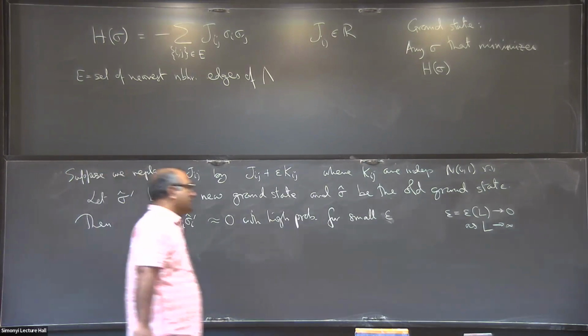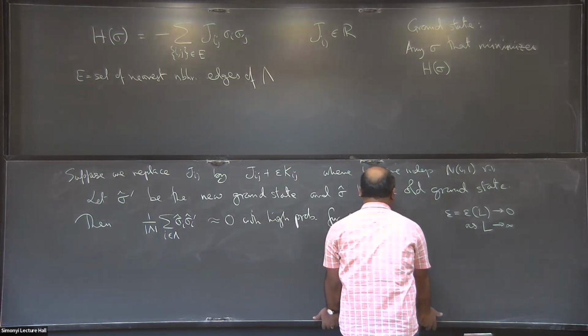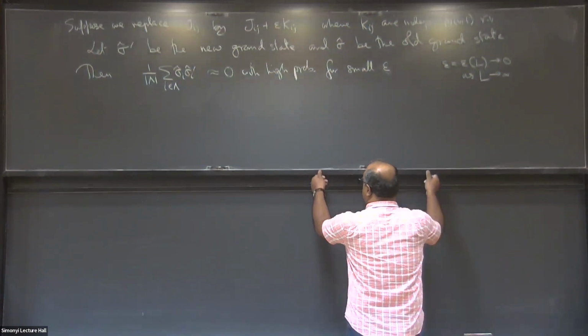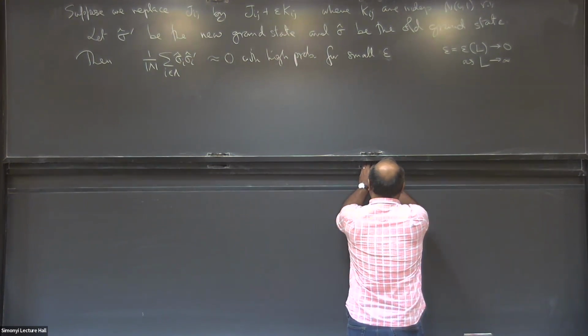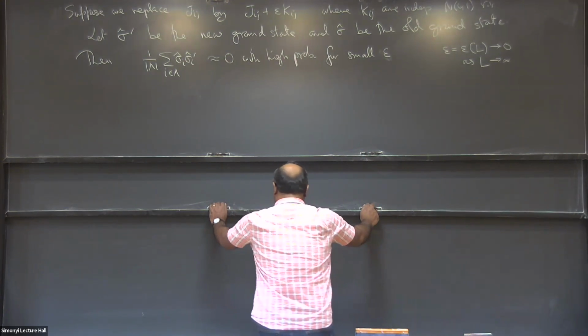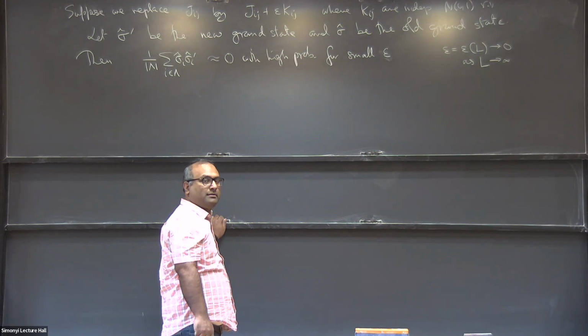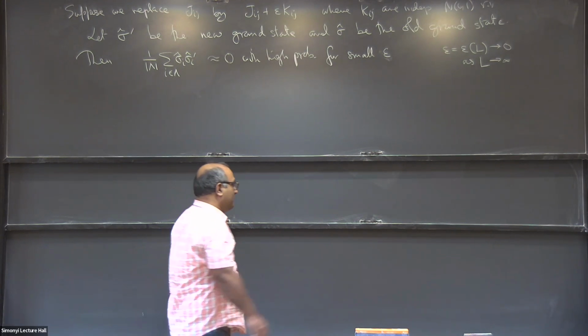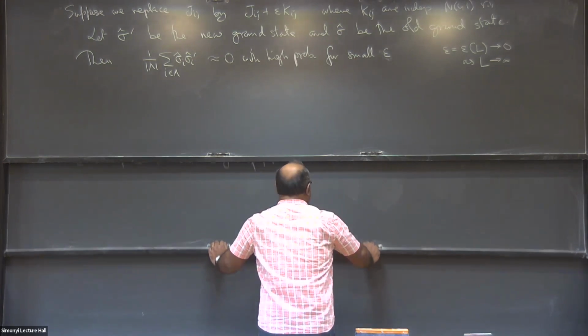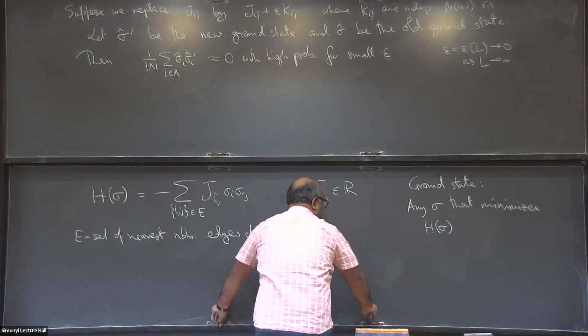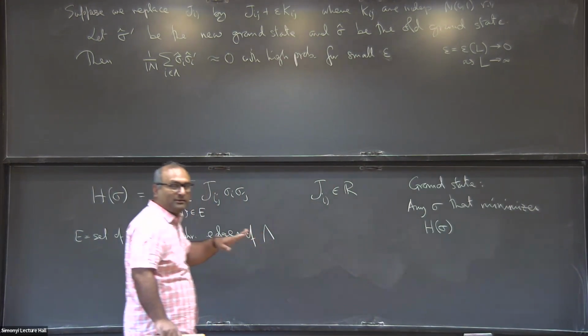I can prove a version of this. Here is the theorem. Question: when you say with high probability, do you mean that the Gij are considered fixed and we are moving only the Kij, or we are moving everything? Answer: So you have the Gij and Kij given to you, and you're taking expectation over everything. Okay. Yeah.